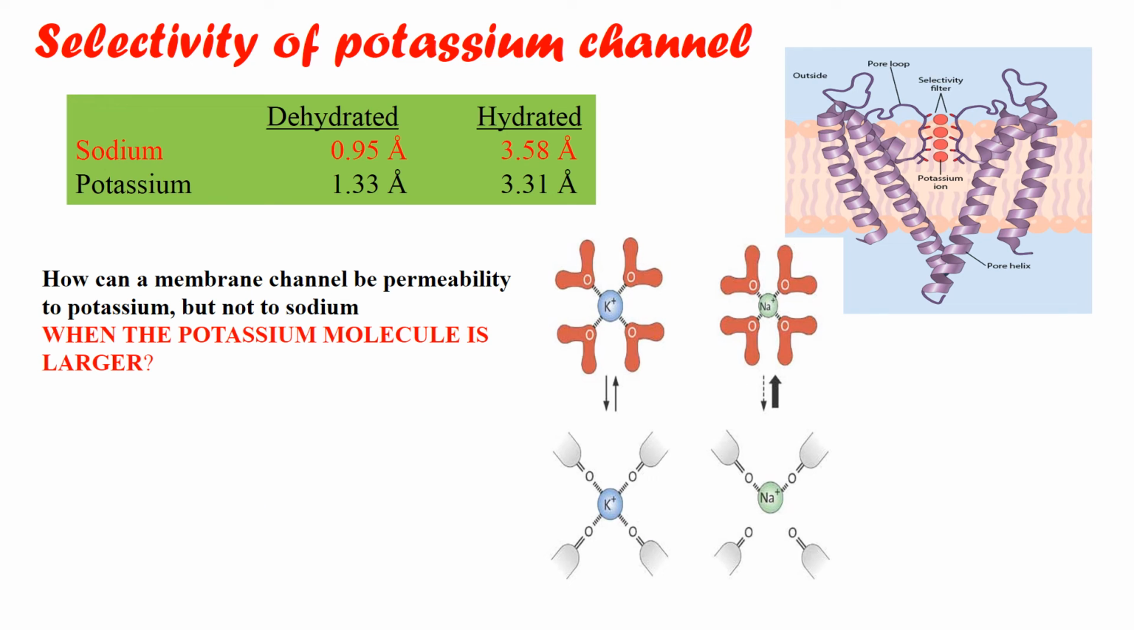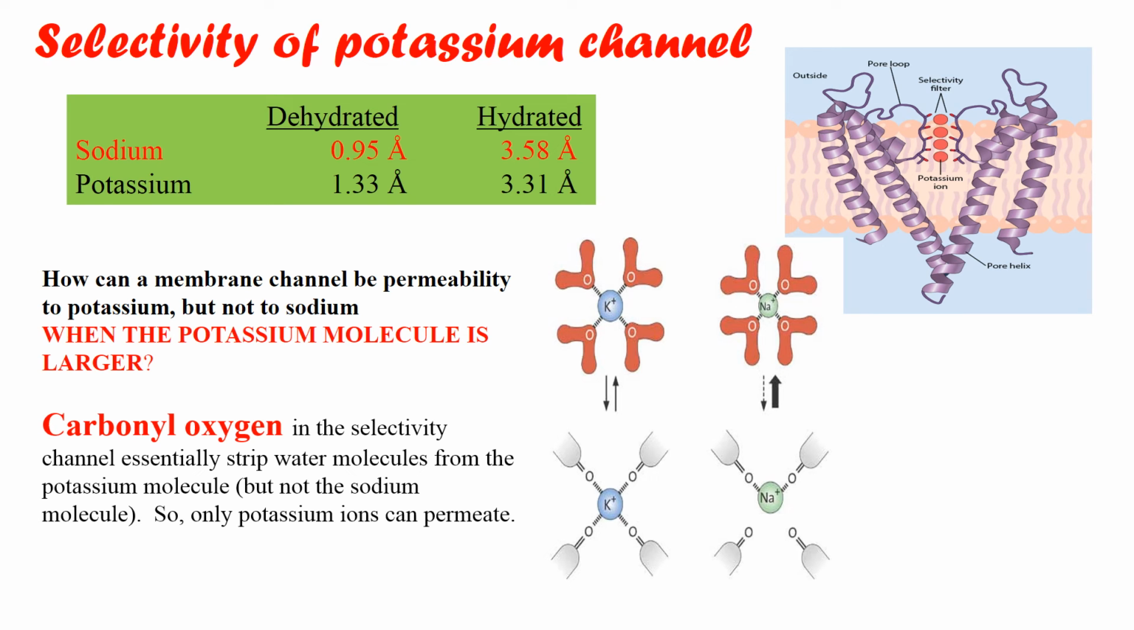Now, talking about selectivity of the potassium channel, they are not negatively charged, as you can see here. The question is, how can a membrane channel be specifically permeable to potassium and not to sodium, even though the potassium molecular size is more than that of sodium? Sodium is smaller, still it is not able to pass through this channel. Why? The reason is, as you can see in the other figure,